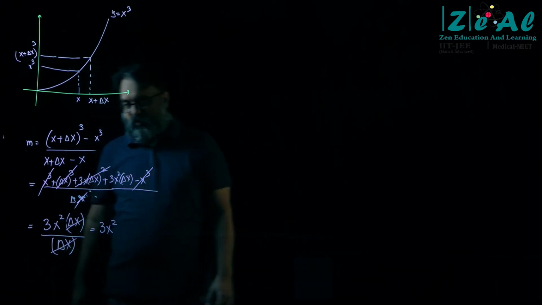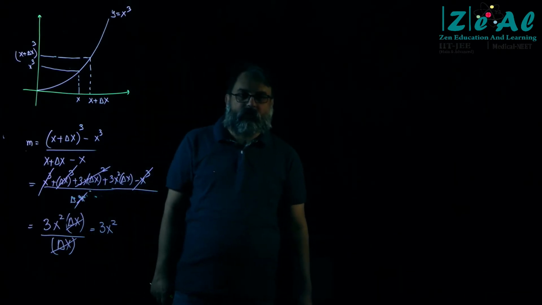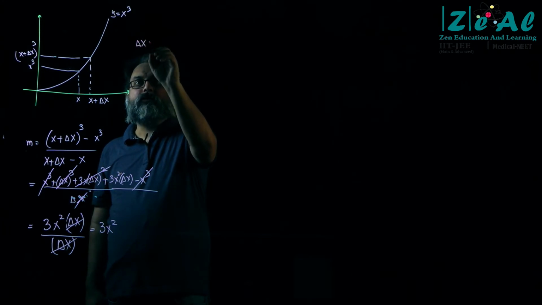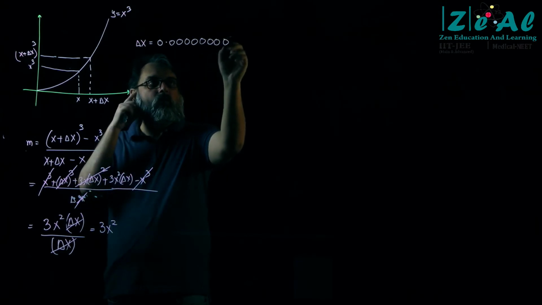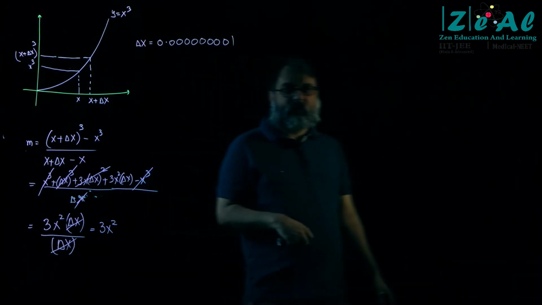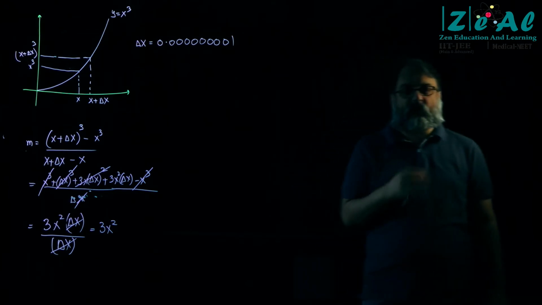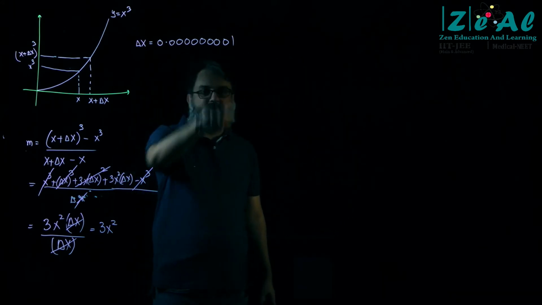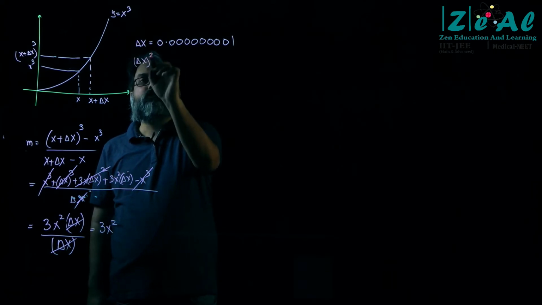Arnav is asking, if delta x is not 0, then how can delta x square be 0? Right? So suppose delta x is equal to 0.00000001. Arnav, please tell me what is delta x square? I will show you everything today. Why is this happening? Why do I take it as 0? I will show you everything. But first tell me what is this whole square. If I square this, then what will happen?